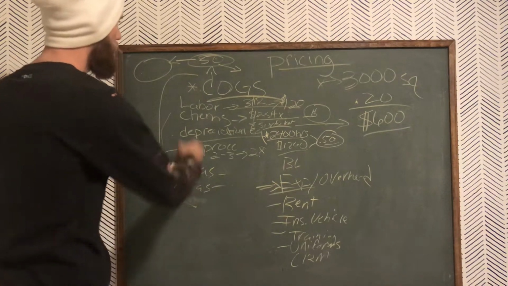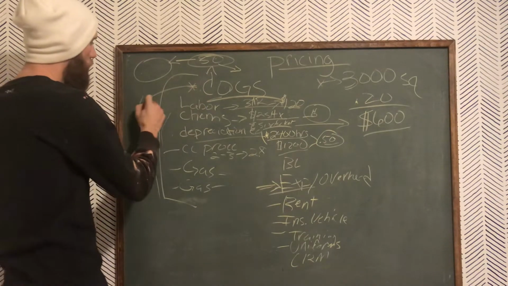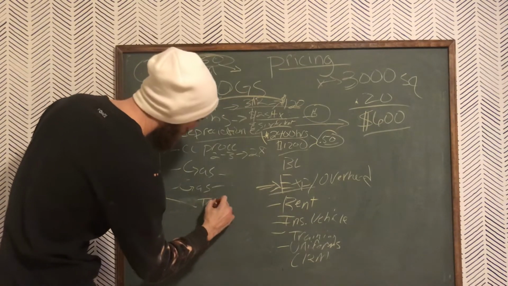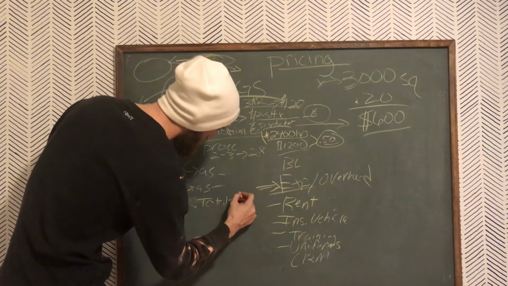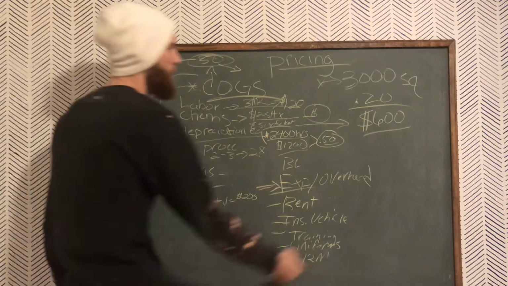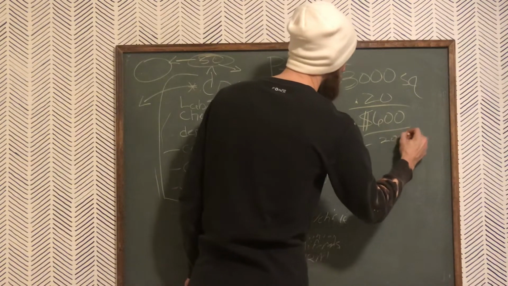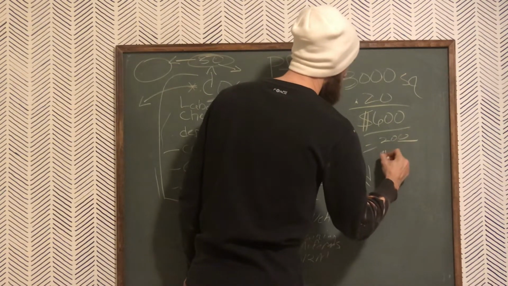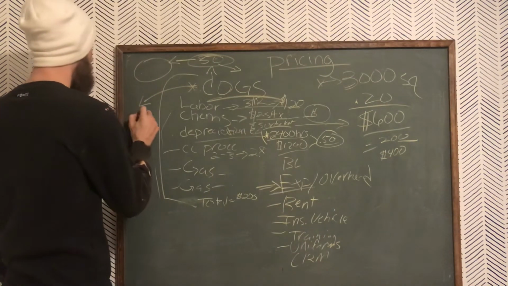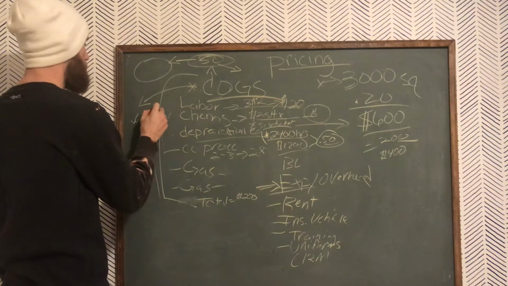The difference after your COGS, when you pull out the 600, let's say that your total here for your cost of goods sold was $200. All right, so that means that it costs you $200 to provide the service. You got $400 left over, and that would put you at 66%